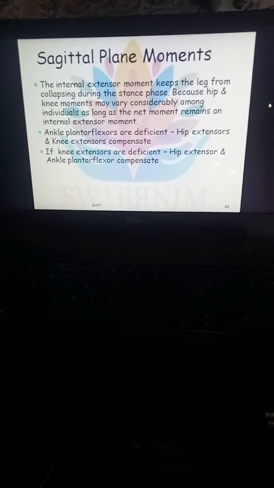Next, this diagram shows the joint position as well as the center of pressure point at the different events of the gait cycle. Next is the internal